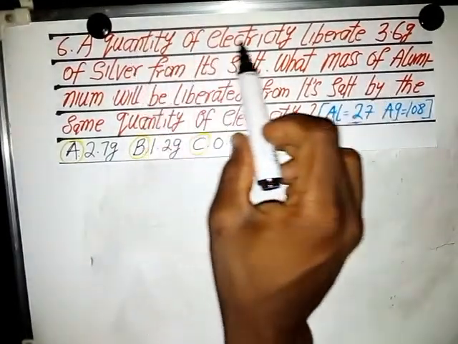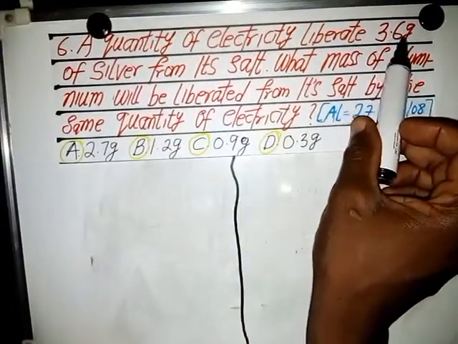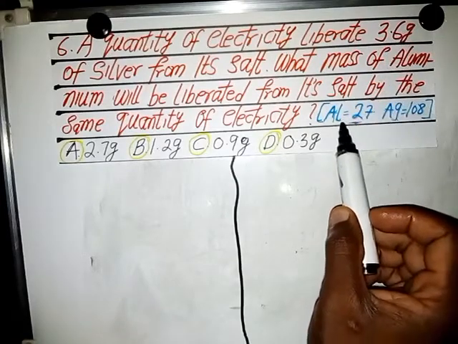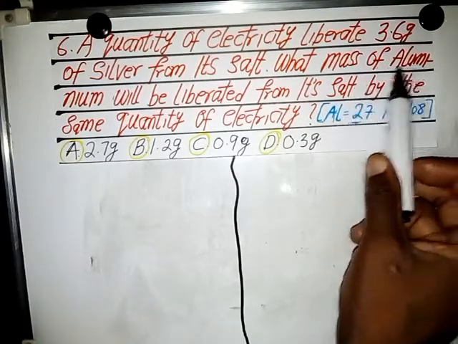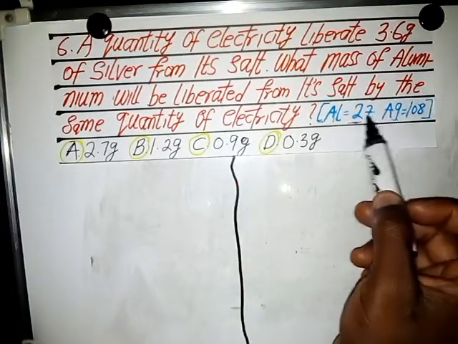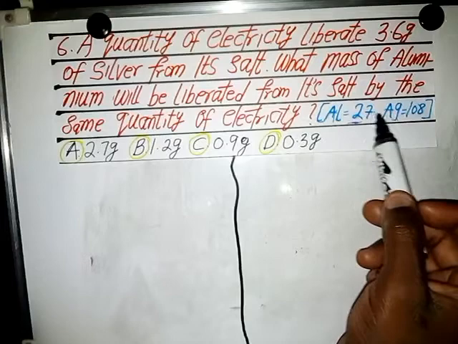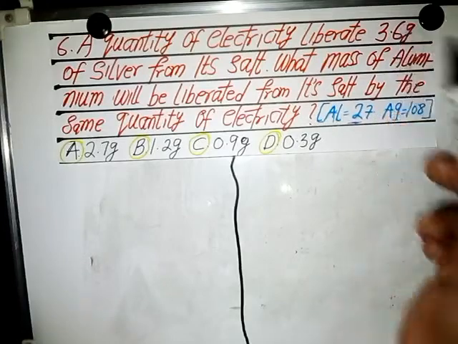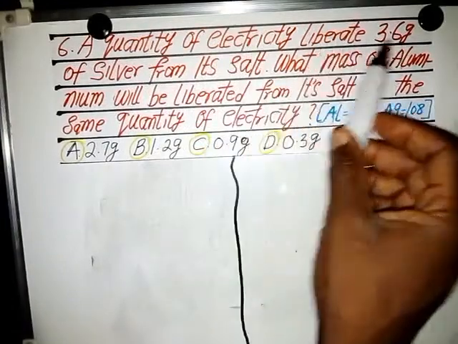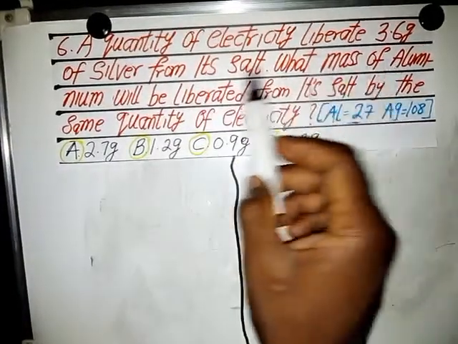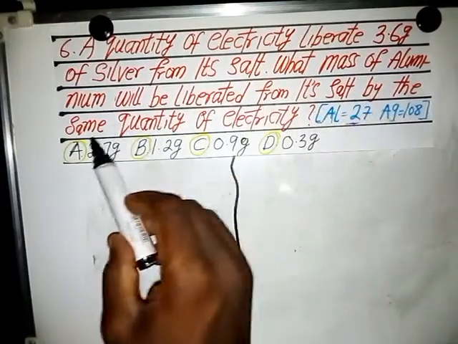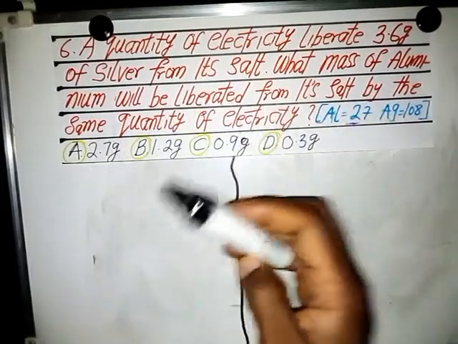For silver, we are given the mass of silver, and we know the atomic mass of silver. But for aluminium, we only know the atomic mass. They said to find the mass of the aluminium that is liberated from the salt by the same quantity of electricity. Meaning,